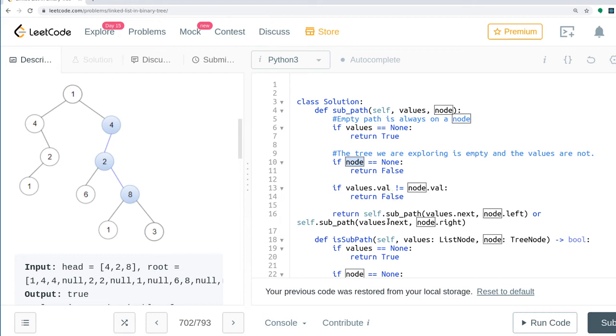And otherwise, I'm going to return the recursive case, which is the next value and the left-hand side of the tree, or the next value and the right-hand side of the tree. So let me